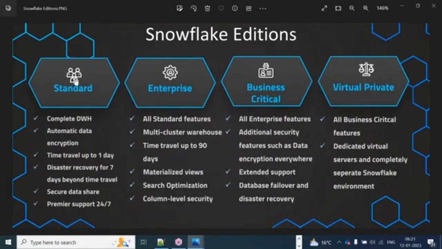The standard is a very basic edition. Here, whatever data you are going to store is in an encrypted format. Time travel is up to 1 day. Now, time travel is one of the great features in Snowflake. What is the meaning of time travel? Already I have explained in the very first class, but let me repeat that one. Time travel is nothing but, if the data is modified from the table,